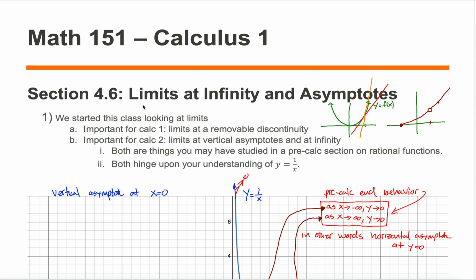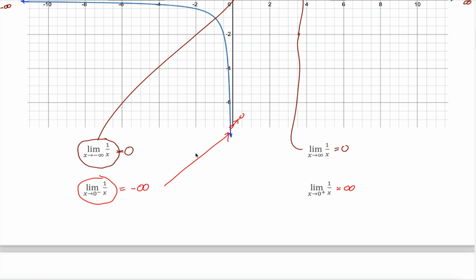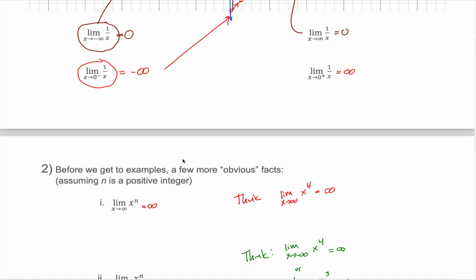So in the previous video, we started to study limits, but not limits in the way we saw them earlier in the class when we were talking about removable discontinuities, but instead limits that somehow involve infinity. Really, we're interested in two different cases. Limits where there's an infinity symbol somewhere in the question, and limits where the answer ends up being equal to infinity. In this video, we're going to study the first type, the type when you have limits with